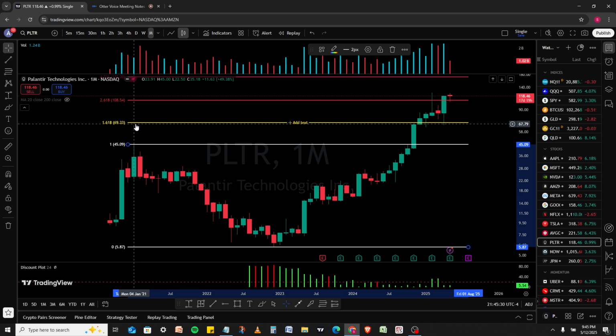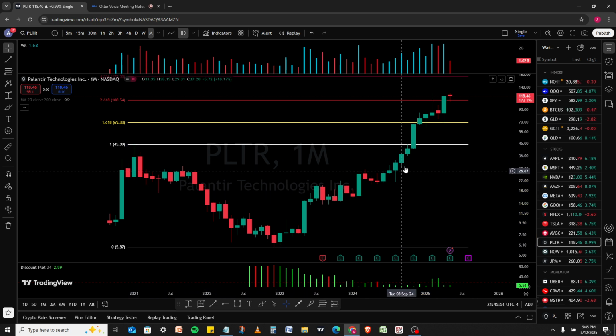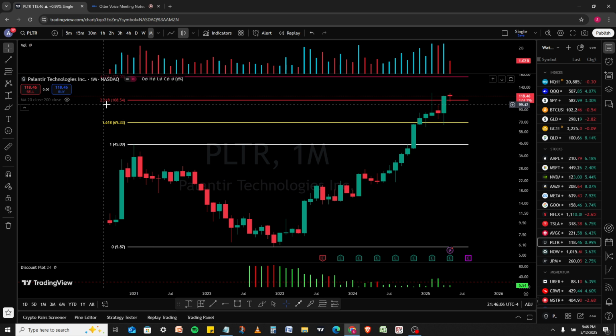The yellow line here shows 1.618 extension of this whole correction move from this level to this level, and 2.618 is also a significant level of this whole correction. And the whole idea is that whenever a stock comes out of this deep correction, it tends to rise more than 1.618 extension. It could take some rest and pause at 1.618, but more likely it is possible that we could see 2.618